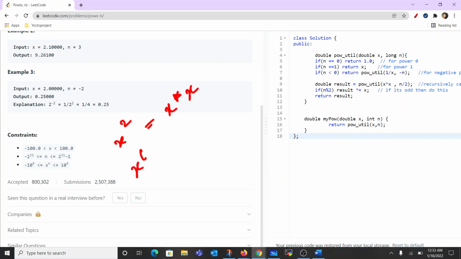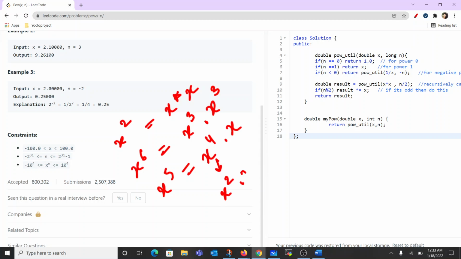If we are given x raised to power 6, we could write this as x raised to power 3 into x raised to power 3, right? And even if x raised to power 5 is given, we can write this as x raised to power 4 into x, right? And further, this x raised to power 4 could be written like this. So finally, we could write this,